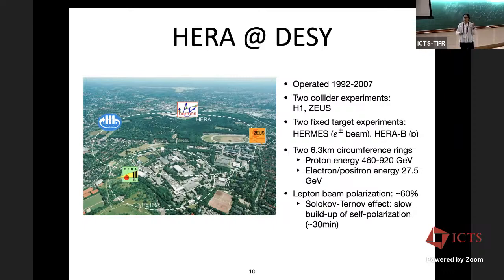If you think about it, HERA had a polarized electron beam and an unpolarized proton beam. We are trying to build the EIC with both polarized electrons and protons, right? For the EIC, you will actually have a polarized electron source. And if you think about this effect, it will still be there, because the EIC will have a circular electron accelerator, a circular ring.